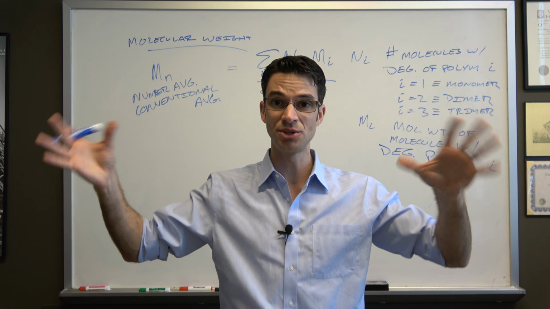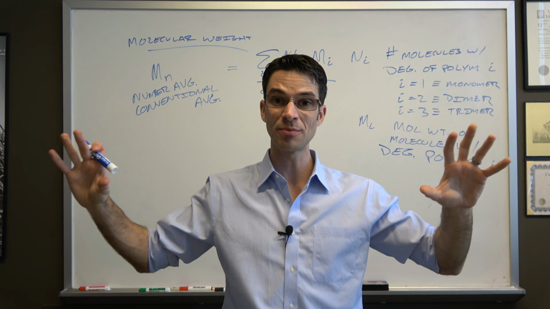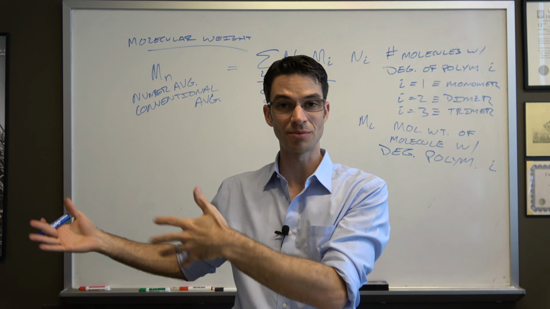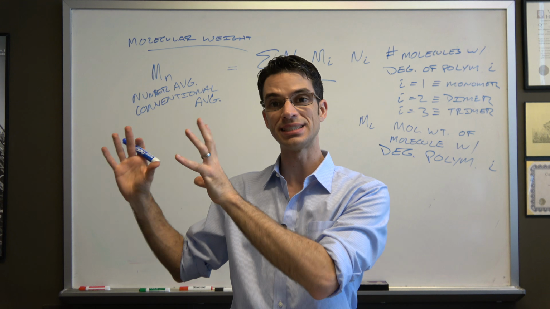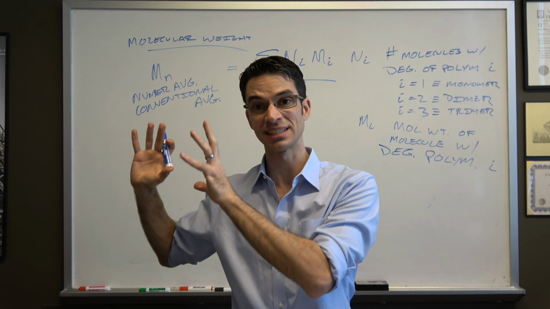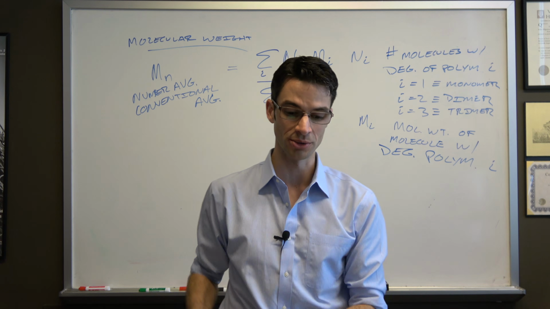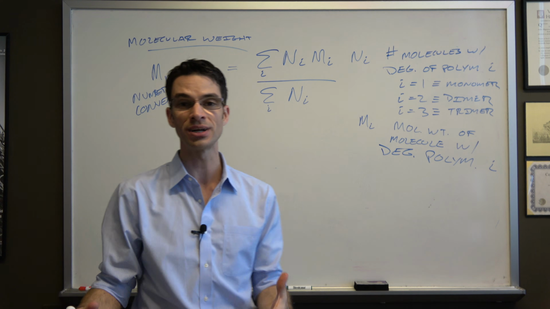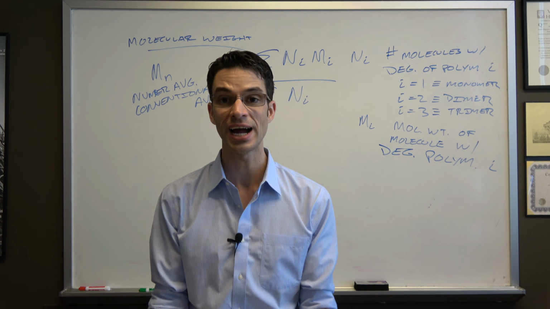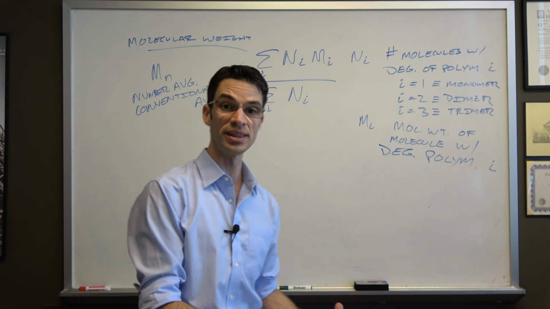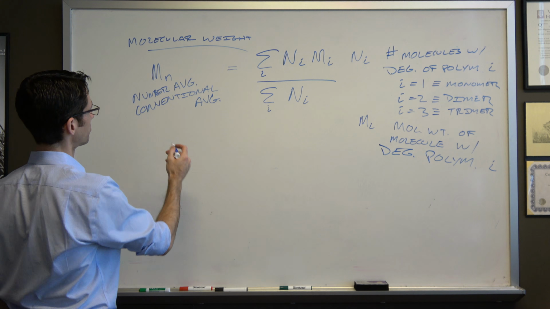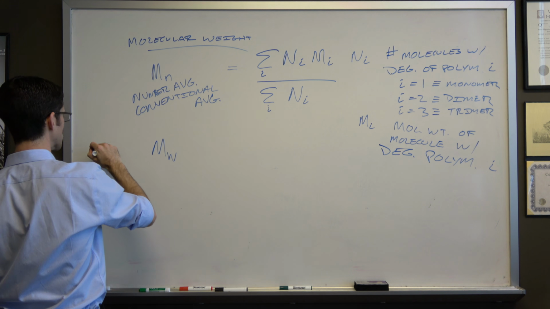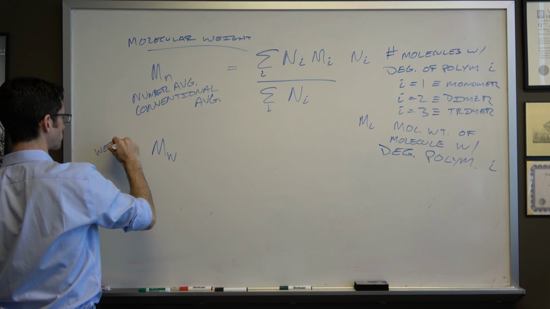So if you have these two samples, you would expect that this one would be a lot different because it has a molecular weight that's half, even though it's dominated completely by the presence of one large molecule. So we need another way to calculate this that takes into account the largest fractions of the material within the sample, and that is the M sub W, which is the weight average,